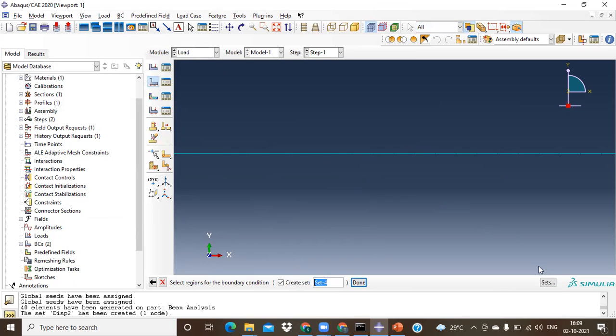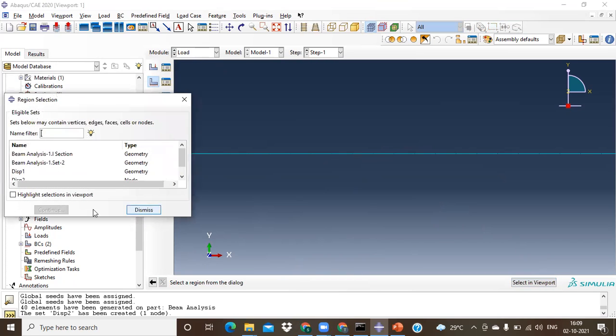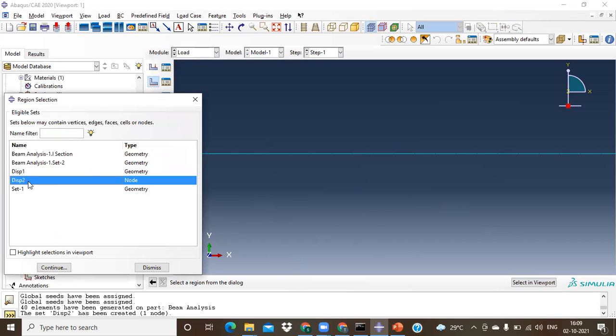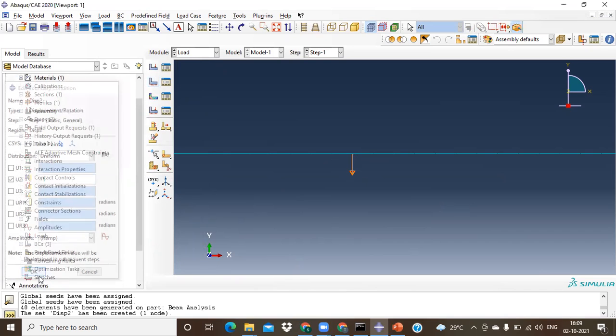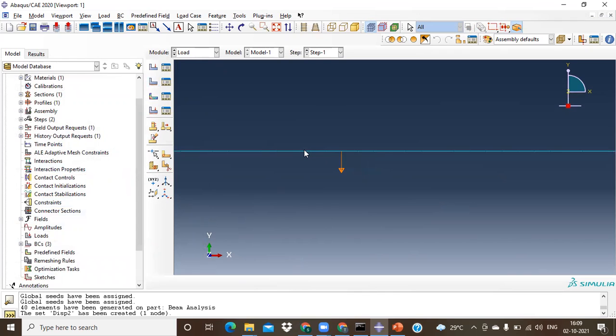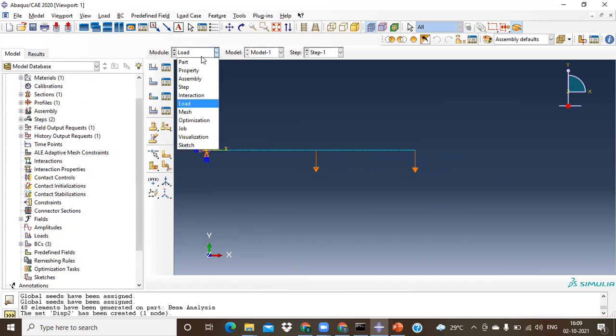Now it is asking, instead of selecting directly, you can click on this particular Sets option over here. So click on Sets, then it shows you what all sets are available already. So disk2 is the one we just created. It's a node set. So continue. Now on this again, I would like to apply it as -1. Now see this one, the 2 displacements that have been applied here.